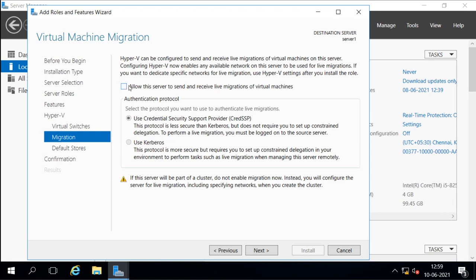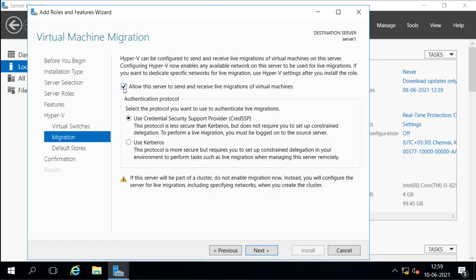When I select this, it asks what type of authentication you want. When the virtual machine is moved from one Hyper-V machine to another, it must be moved securely. The data must go from one server to the other securely, and for that it uses an authentication protocol. We can use this protocol or the normal Kerberos protocol.